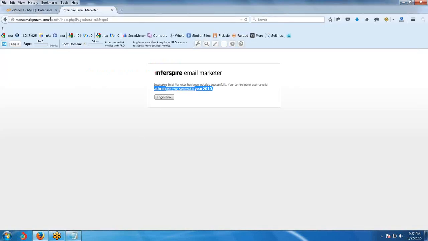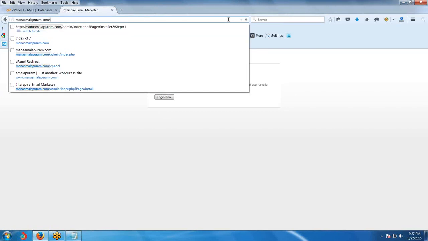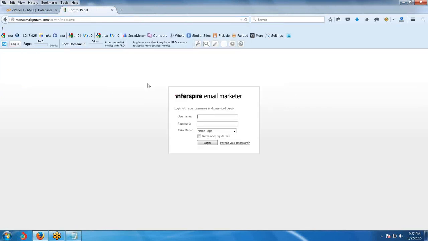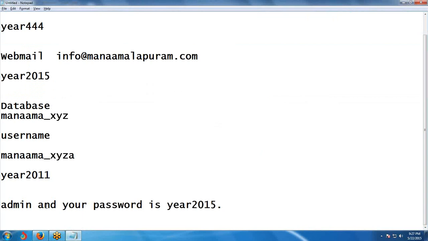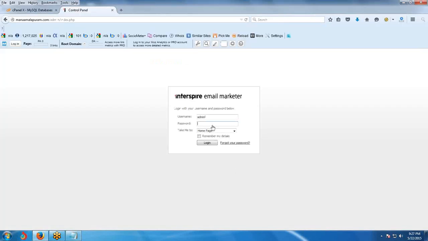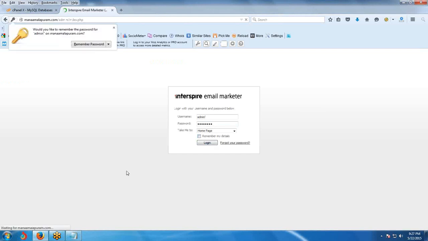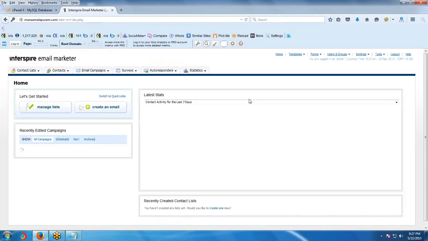Once you complete the installation, just log in. This is the admin username. This is the password. Login. This is the way.